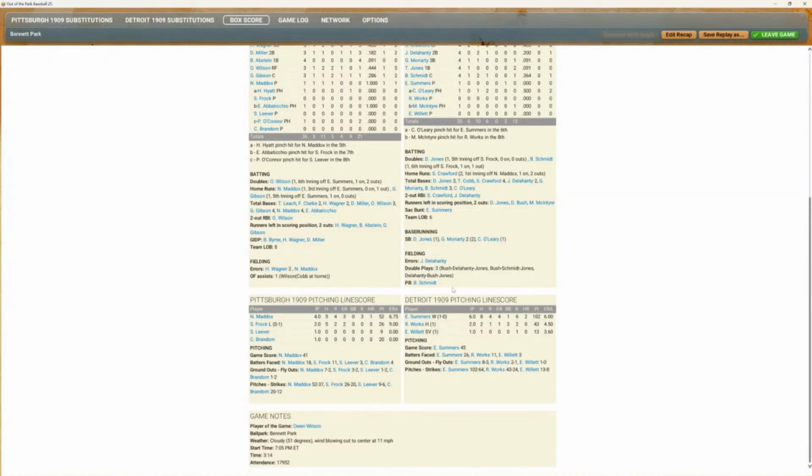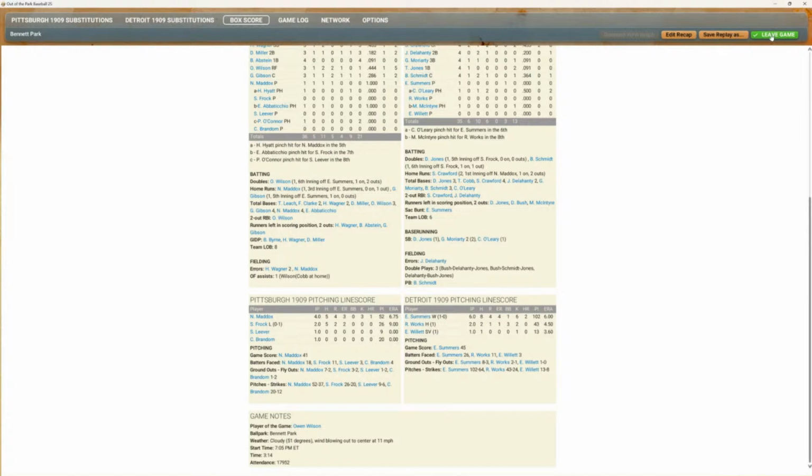And for the Tigers, Ed Summers goes 6 innings, picks up the win, 8 hits, 4 runs, walked 1, struck out 6. Works comes in, pitches 2 innings, 2 hits, 1 run, walked 3, struck out 2. And Ed Willett comes in, picks up the save, 1 inning, 1 hit, and struck out 1.